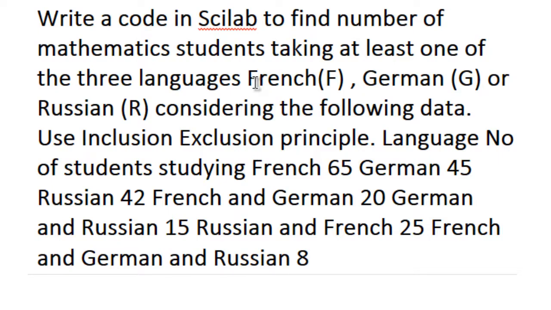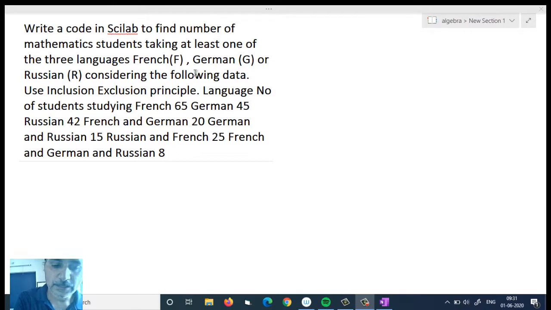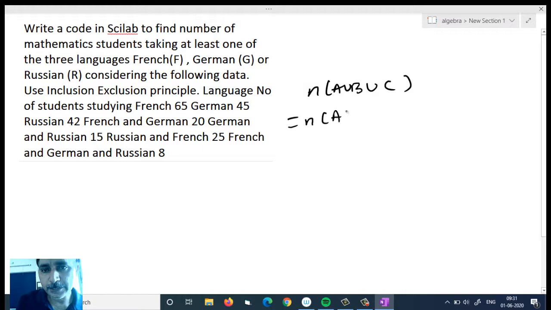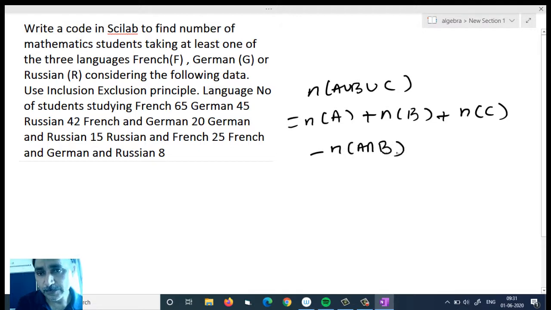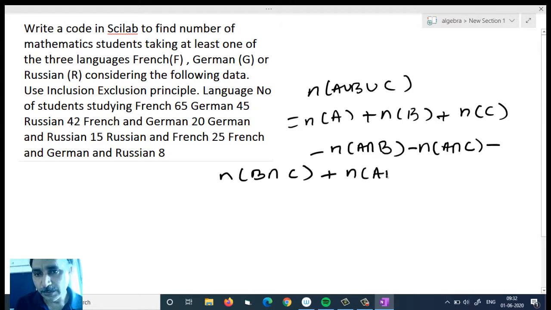And as we have studied the formula in sets, n of A union B union C is equal to n of A plus n of B plus n of C minus the intersection of all pairs, that is n of A intersection B minus n of A intersection C minus n of B intersection C, and then we have to add the intersection of all the three, that is n of A